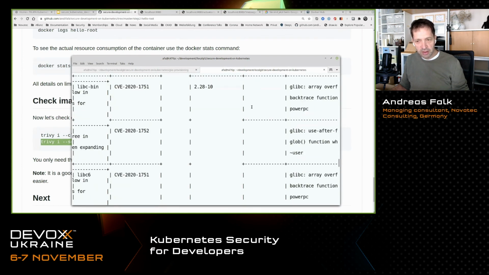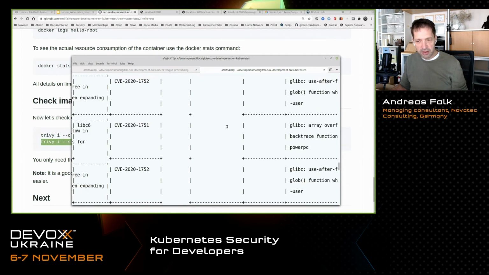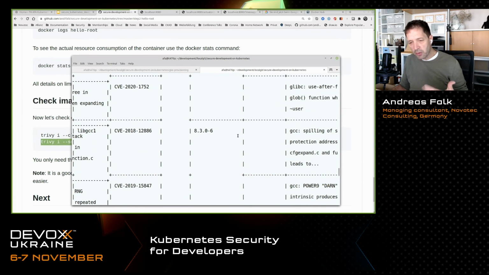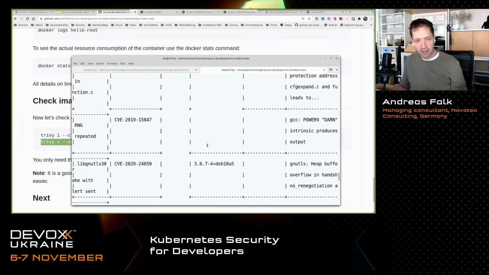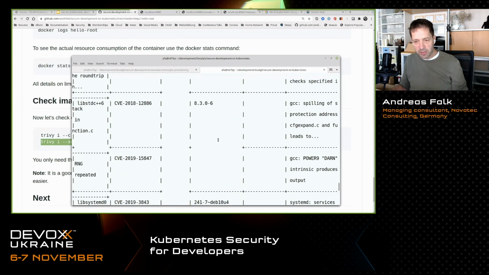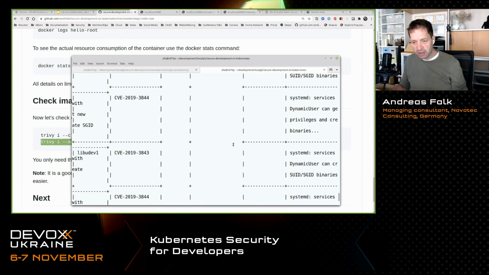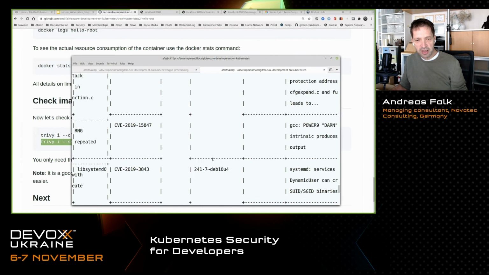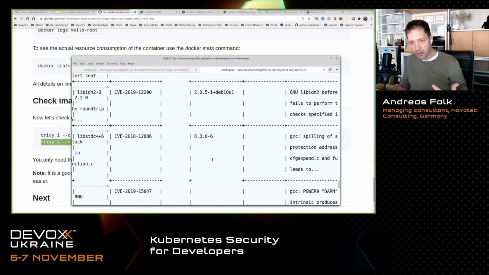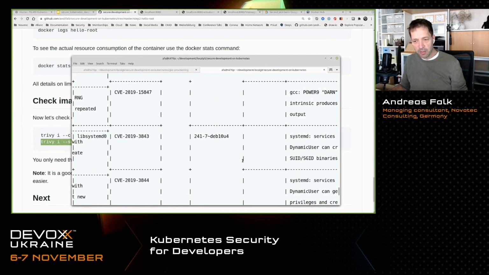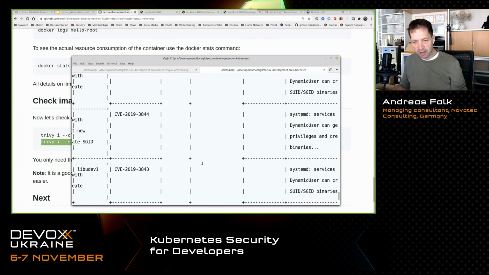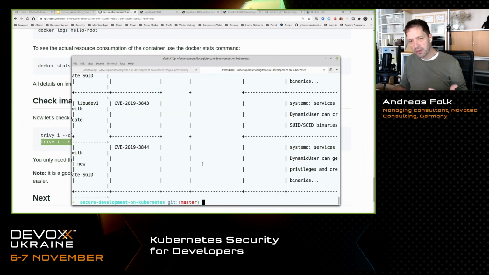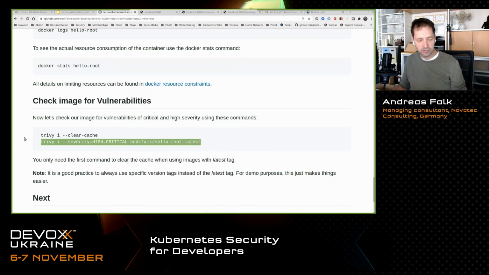Also that one, for PowerPC and stuff like that, is not the case. So have a critical look at all the CVEs that are reported here, and then check if that CVE can have influence on the execution of your application directly. Most CVEs here don't have a direct impact on our real Java application, but there might also be newer CVEs that directly have some problems with our application.